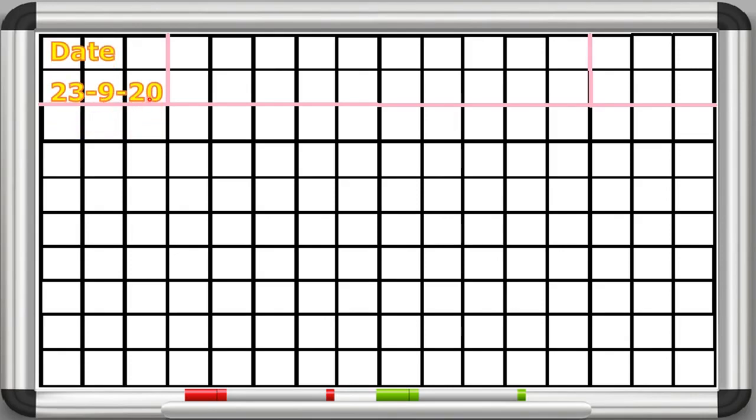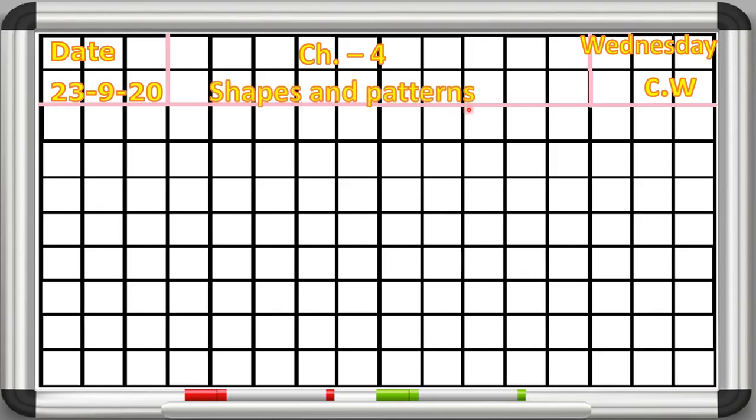And here at the right hand side, we will write today's day, and that is Wednesday and CW. Now here in between, we will write the number of the chapter and name of the chapter. So here chapter 4 is there, and the name of the chapter is Shapes and Patterns.